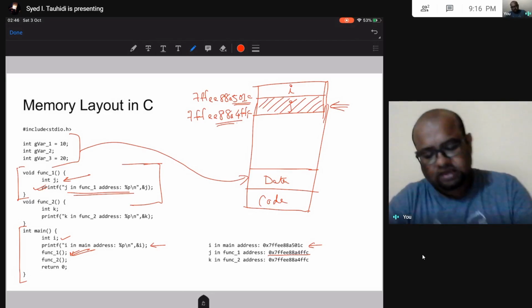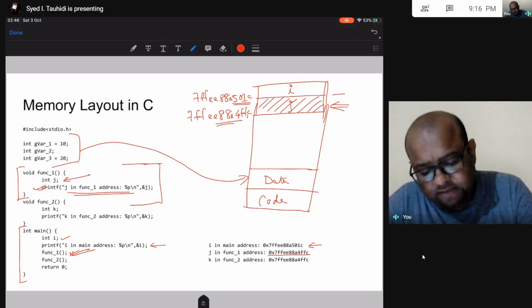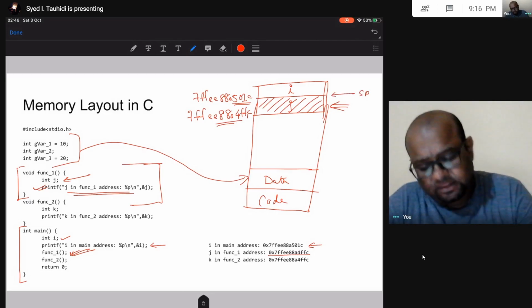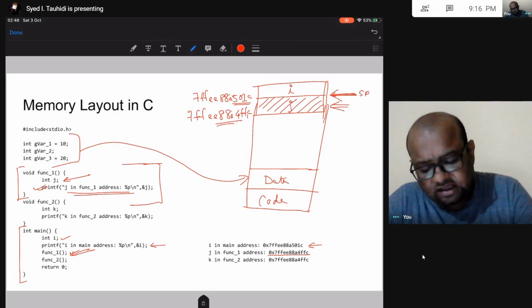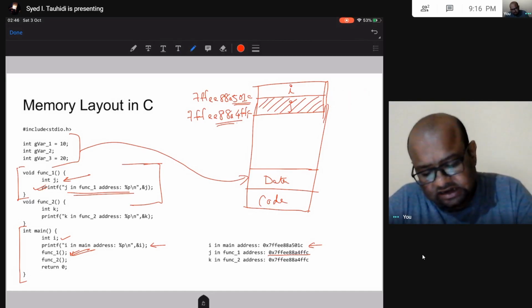So there is this thing called the stack pointer. When main was executing, it was here. When function1 was executing, this stack pointer moved from this place to this place, it was pointing here.